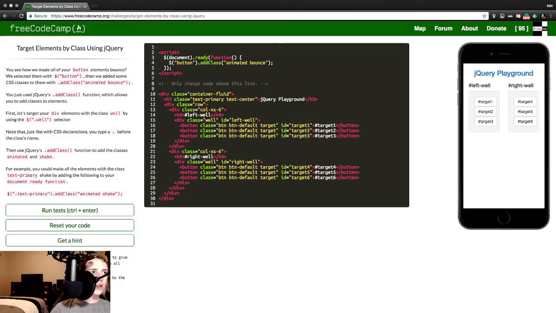Note that just like with CSS declarations, you type a period before the class name, then use jQuery's .addClass function to add the classes animated and shake. For example, you can make the element with class text-primary shake by adding the following to your document ready function: $(".text-primary").addClass("animated shake");